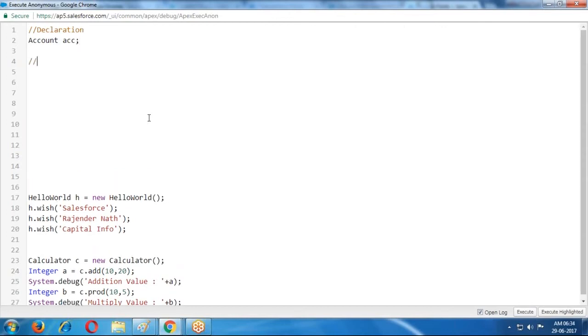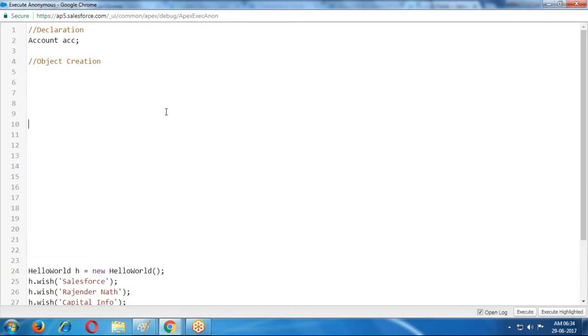The second step, object creation, or construction, or instantiation. So in this case, ACC equal to new account.